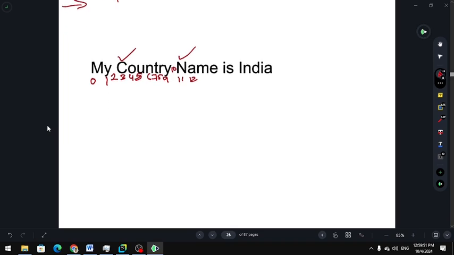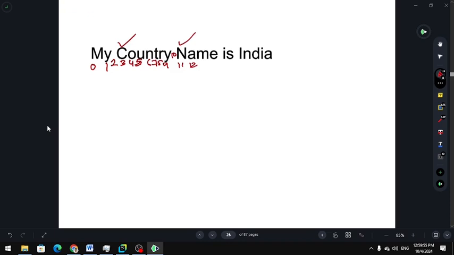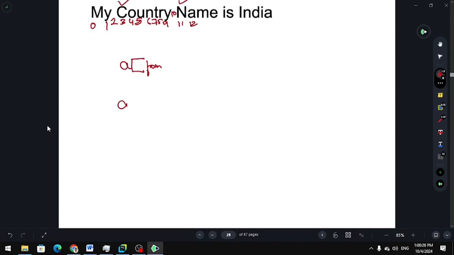So the same operator will be used, but the code will change something like this. Let's say we have defined this in a variable, then we have to use the same square bracket operator from, up to plus 1.